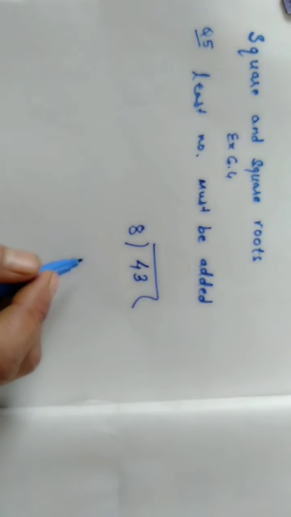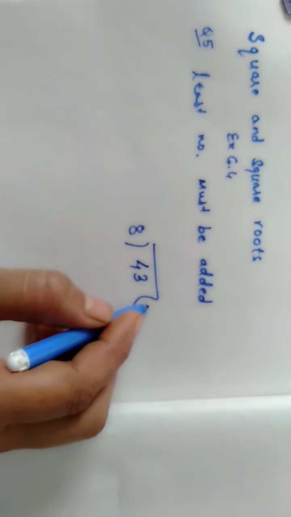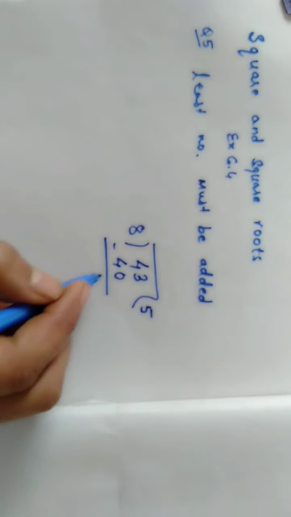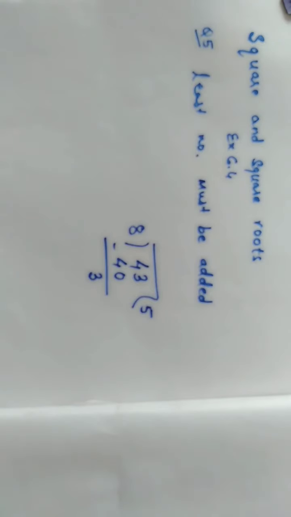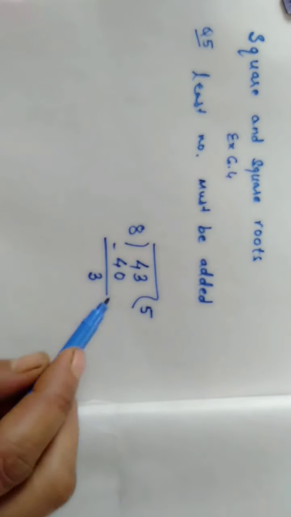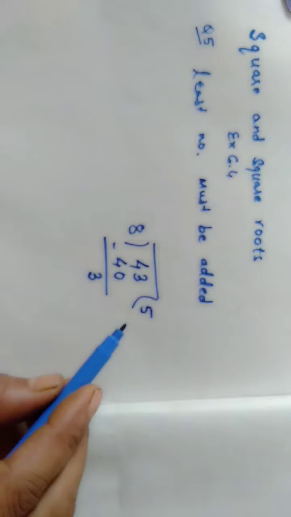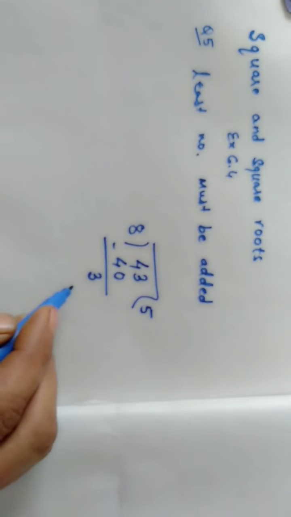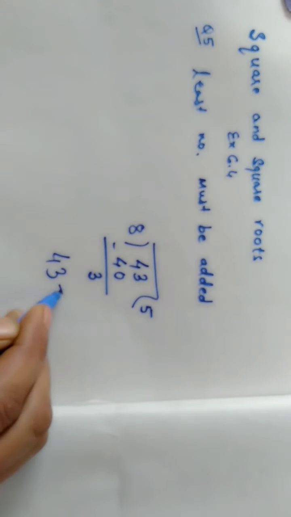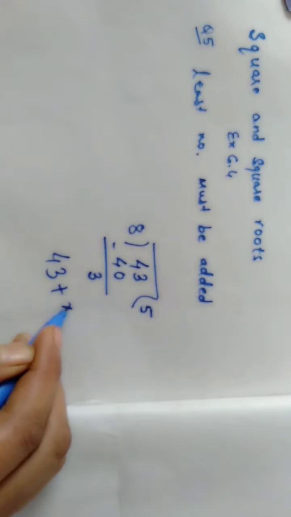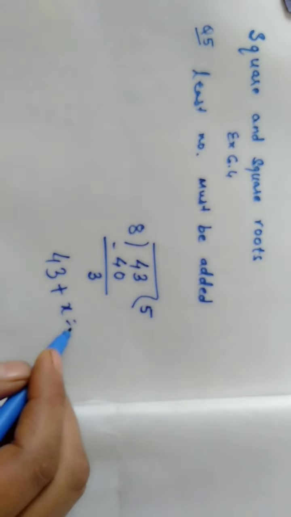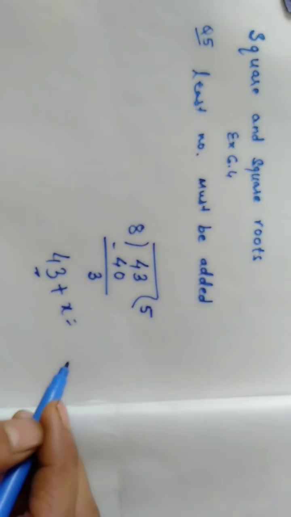8. Now reading out the table of 8, 8 5s are 40, remainder is 3. Now we have to find out what must be added, हम इसमें क्या प्लस करें. When we add, the number must be greater than this one. 43 में when we will add a number then it will become greater than this. तो ये नंबर 43 से ग्रेटर हो जाएगा.